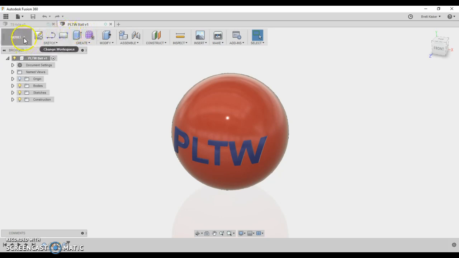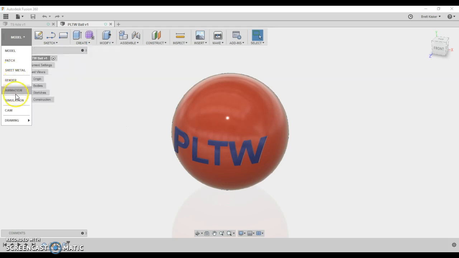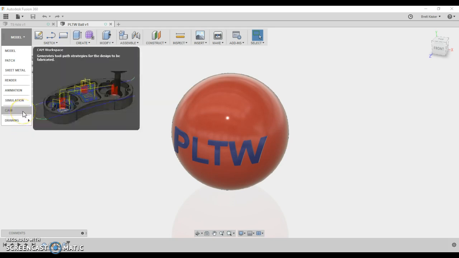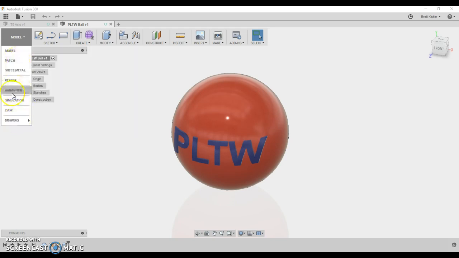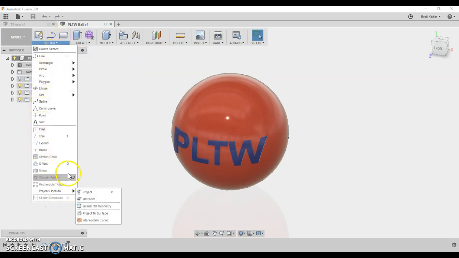So for instance, right now I'm building a model, but if I was to build a piece of sheet metal, render something to make it more realistic, create an animation, create some simulations, do drawing files, or create cams, all of these things have their own ribbon menu that will show up here. Whenever I click inside of each panel, this is called a panel, I click down on this